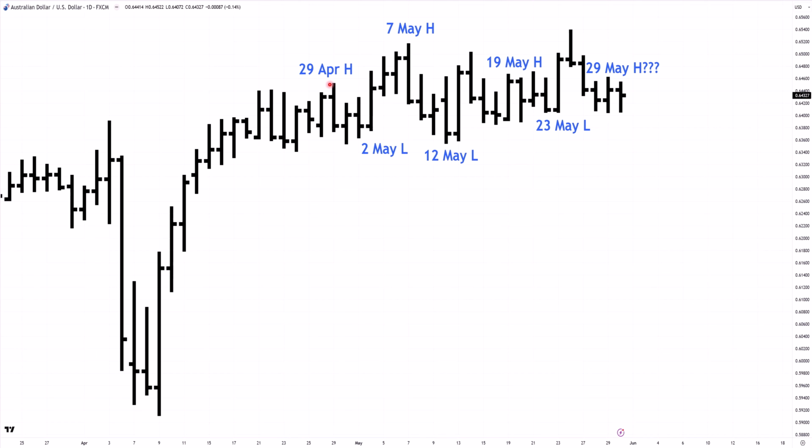Obviously, from a trading perspective, earlier in the month was better. I mean, let's be real. It's been a sideways market. This is not good for trading. This is awful for trading, but I still managed to get short within a couple of ticks of that 7 May high and trade it down to that 12th of May low down there. I did have a crack at the 19th and the 21st there.